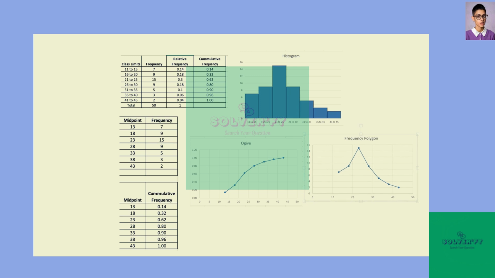In order to get a frequency polygon, you need to find your midpoints. So this is the data here that I used for my frequency polygon. You get your midpoints, and then you use your frequency, and then it's kind of like you just do a line plot. So I hope